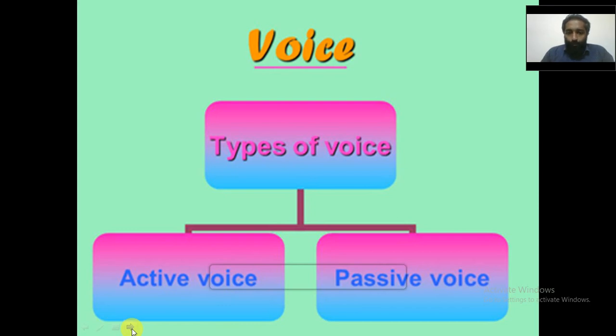Today we are going to see how active voice and passive voice are changed in three different types of sentences that we have already learned. As you know, there are three tenses in English: present, past and future. So today we are going to see how a simple present that is given in active voice is changed into passive voice. This is an important topic which you must be able to understand properly. So let's go to the class.